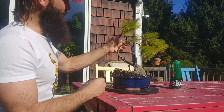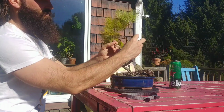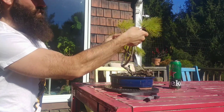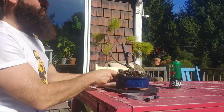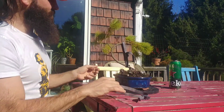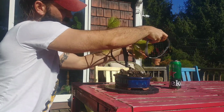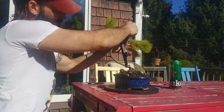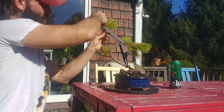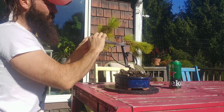Okay, so let's get, I kind of want this lower branch back here. I want this to fill the gap up here. Come back with this one. Okay, so that's the front. All right. Let's try this. And then if I want to mess with the other branches, what I might do is grab some rubber bands because they have that same flat component. Clearly they wouldn't be adjustable, but